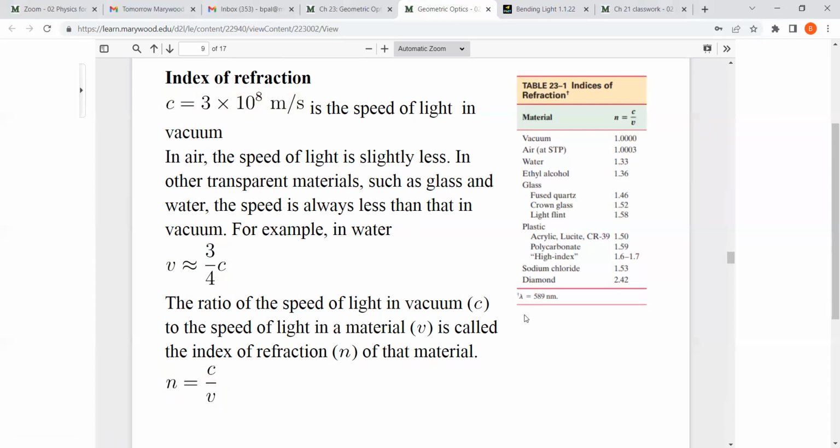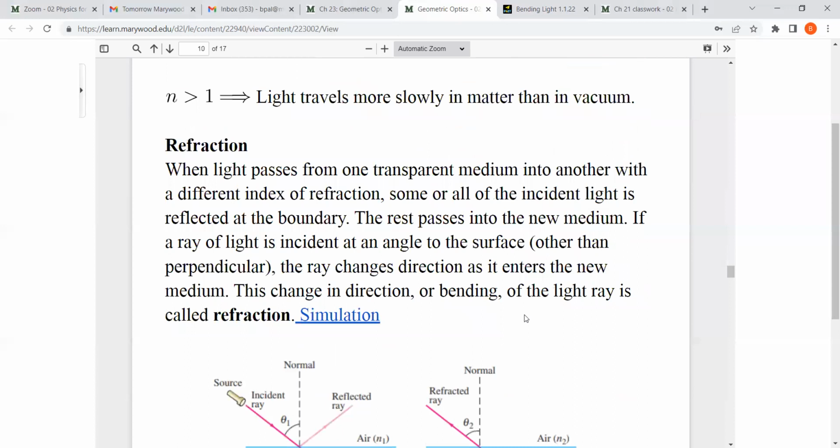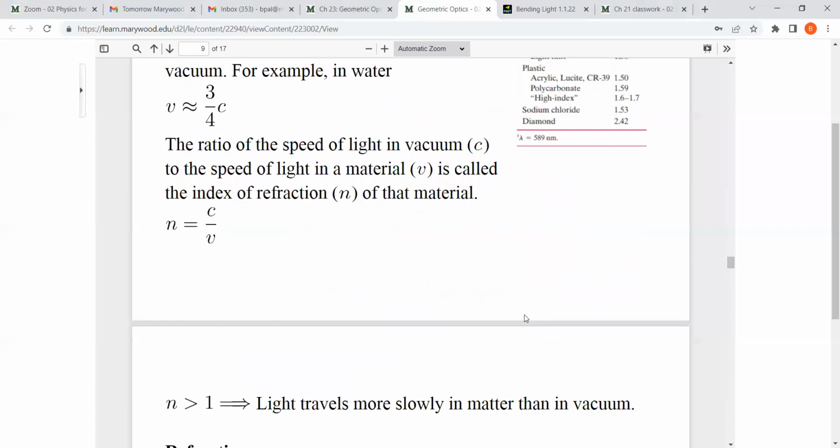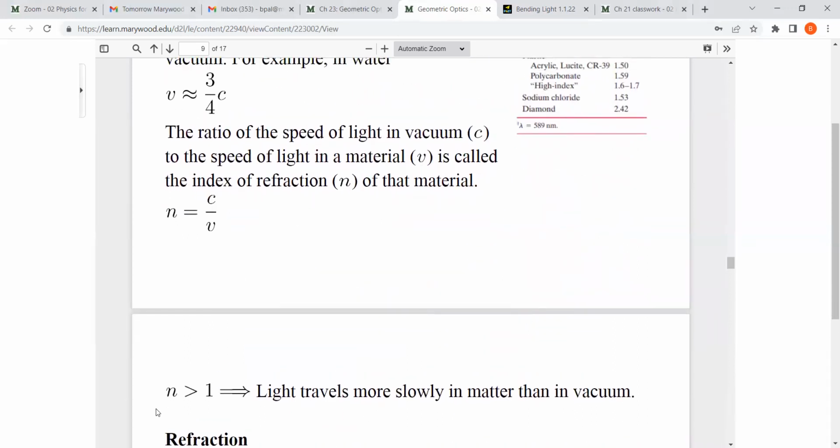Okay, and we need this property to understand the law of refraction. So the next thing we are going to learn is something called the law of refraction, or Snell's law. Before I move to that, n, the refractive index or index of refraction,